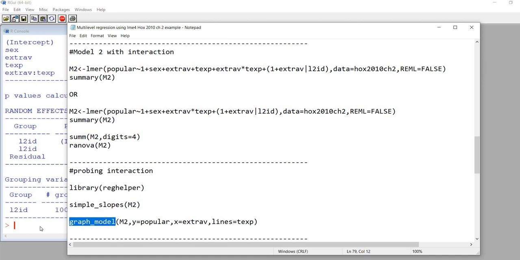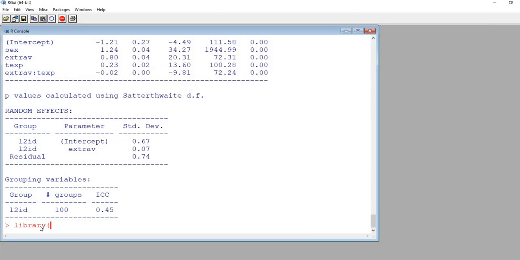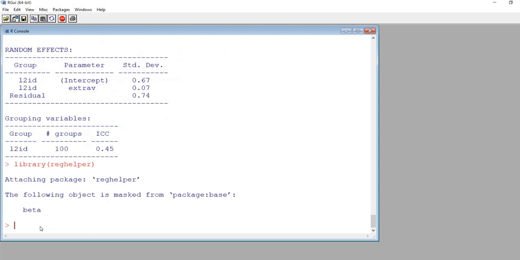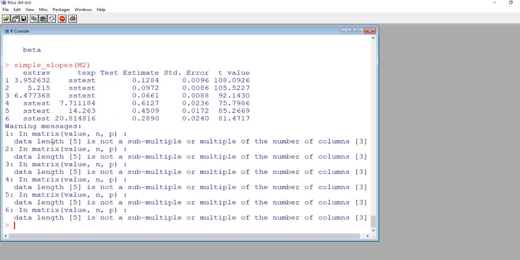So let's go ahead and do this. So I'm going to type in library reghelper, and so now it's activated and ready to go. So next I'm going to type in simple_slopes, and then inside parentheses I'm going to type in m2 for that model. So now it's going to generate the simple slopes depicting the relationship between one of our predictors and the outcome variable at different levels of the second variable. And in particular, since I'm treating teacher experience as my moderator variable,